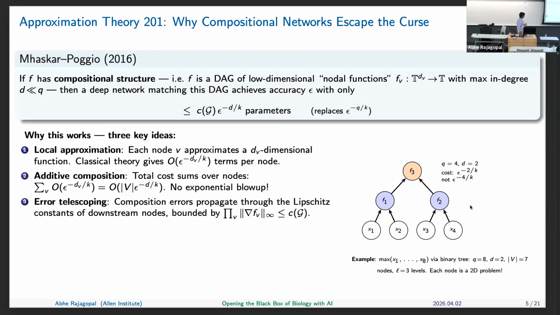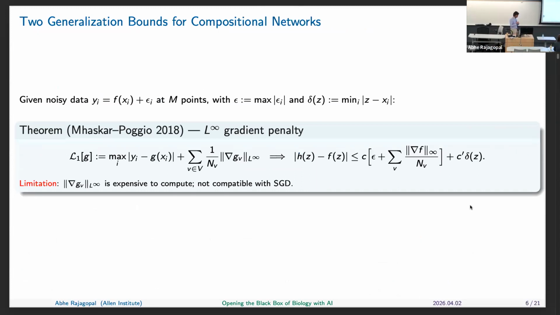And so one of the really interesting things about this is that part of their proof was that you have this additive composition property. And importantly, by looking at derivatives using chain rule through the network, they showed that you can bound the overall gradient of the entire function using the gradients, essentially the Sobolev norms, of the interior functions. So they proved an error bound, a generalization bound, which depends on the infinity norm of the gradient of the function, or the Sobolev norm.